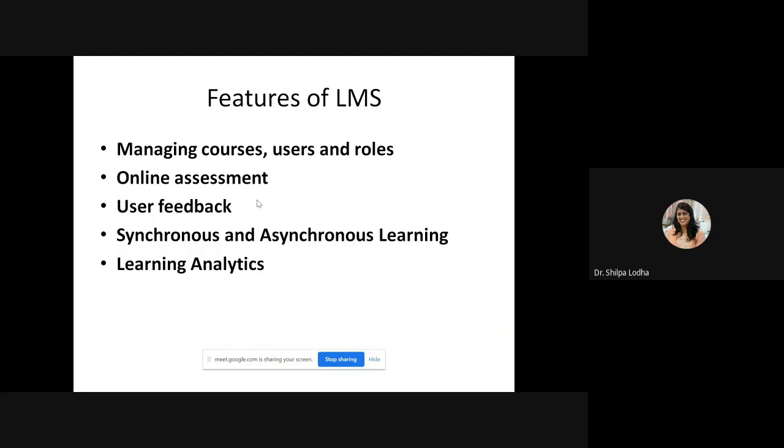Apart from this, you can also create different types of users, such as you can create accounts for teachers, you can create accounts for students, parents, some external visitors, and editors also. And you can also set the level of hierarchy among them. You can also set what they can access, what are their permissions, and how they can use that particular learning management system.